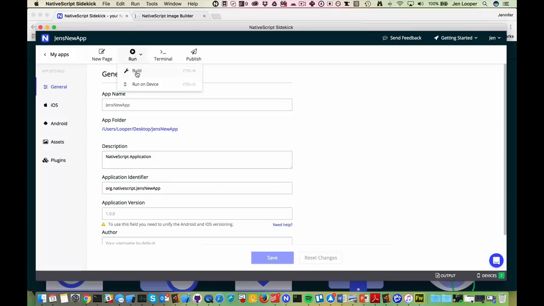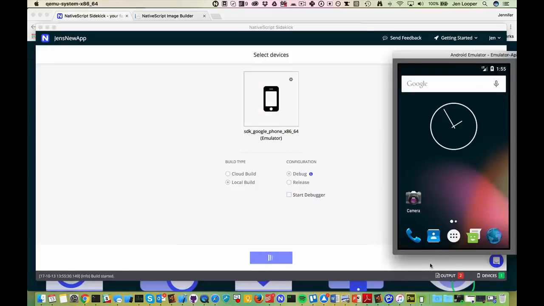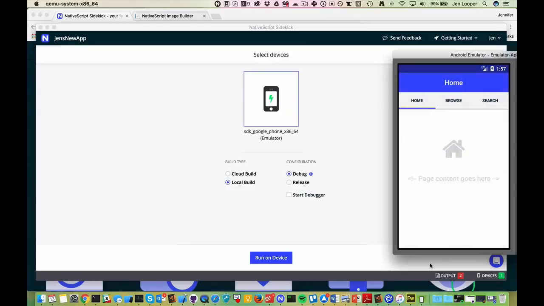So another cool thing that Sidekick helps you do is run your apps on device. I've already fired up an Android emulator, and I'm going to click that I want a build type of a local build, and it's going to go ahead and build my app that I just scaffolded for this Android emulator. The first time this does take a little bit of time, but it'll eventually start live syncing very nicely. So here we have that tabbed app that I have created, and you can see how nicely it looks